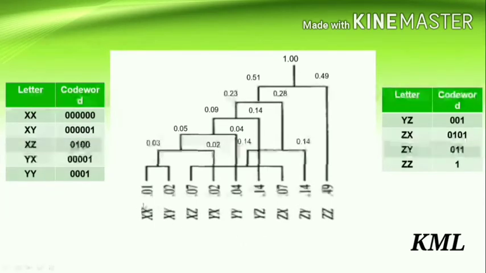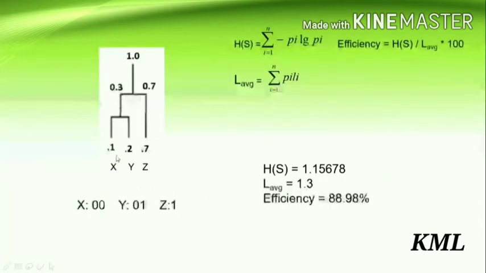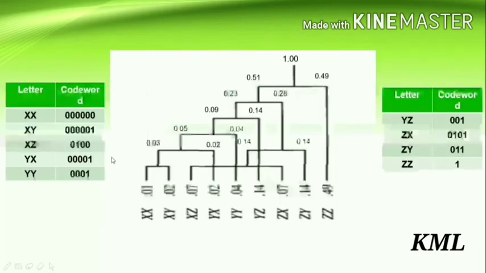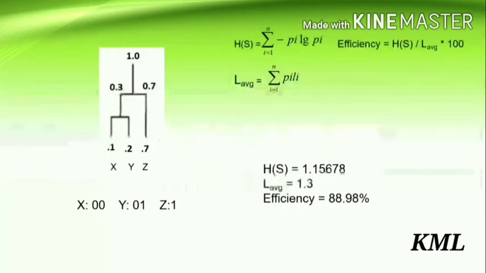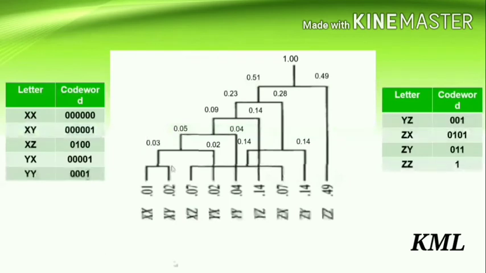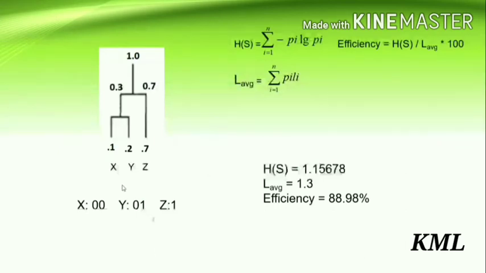So how to calculate the new probabilities? So you just have to multiply the corresponding probabilities. Okay, so for XX we have 0.1 into 0.1. Okay, multiply this probability with itself. So for XX we have 0.1 into 0.1, so we get 0.01. So same way for others. Now we have XY. So for XY we have to multiply 0.1 and 0.2, so we get 0.02. Okay, so same way you have to multiply for other pairs.